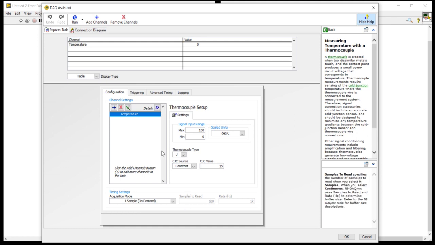Now everything is the same, temperature sensors. Okay, now I am going to set it to -100.